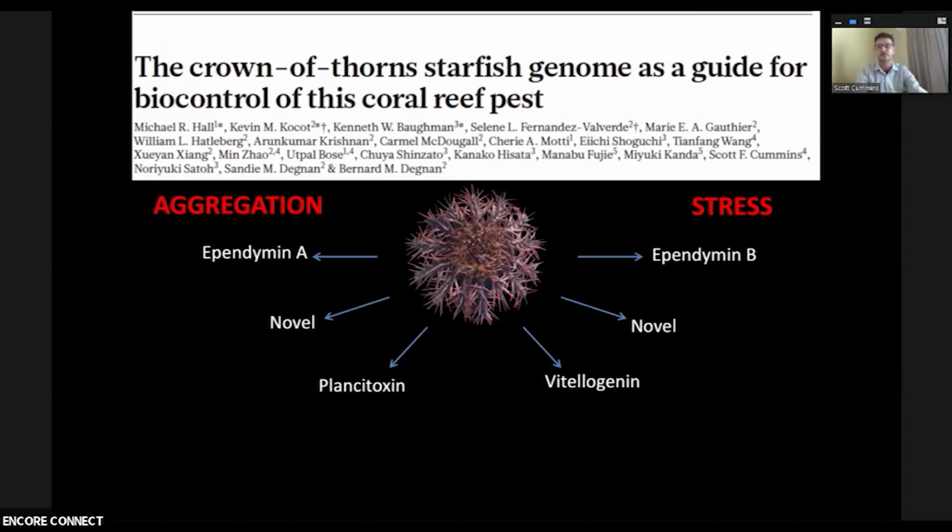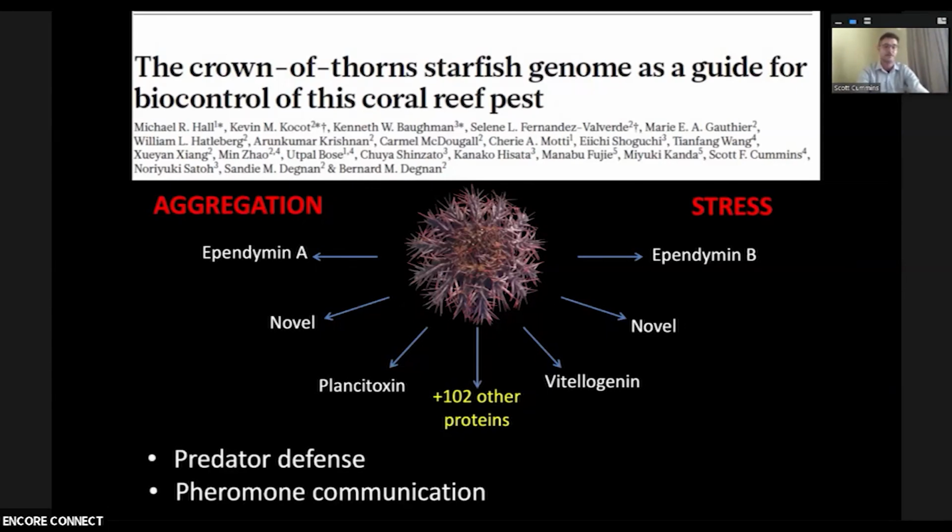And also in stress, they had different types of proteins. And there were a large number of novel proteins. So these are the ones we kind of think are species-specific chemical communication devices. But there was another 102 proteins besides these. And so that's about 108 proteins, which might be the vocabulary of a crown of thorns starfish releasing molecules into the environment. We think that, well, they might be involved in predator defense, some sort of zone of protection, like the planty toxins, which is a toxin, but some of them, or quite a lot of them, might be involved